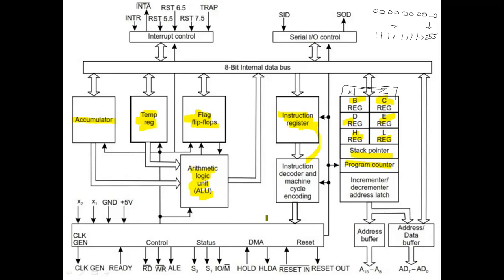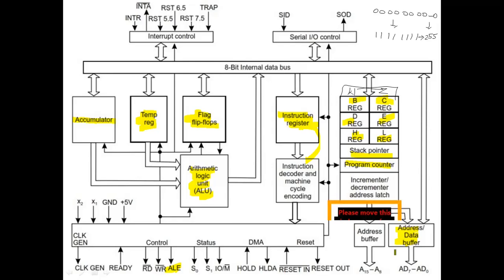And then we have something called ALE. Here, if you see the address and data buffer, we have AD7 to AD0 that can be used as both address bus or data bus. That is, address can be transferred through it, or data can be transferred through it. When data is transferred through those buses, we do not know whether it is an address or data. So for that, we have ALE. When ALE is equal to 0, the data bus is enabled, and whatever value we are sending is data. When ALE is equal to 1, whatever value we are sending is an address, as the address bus will be enabled.